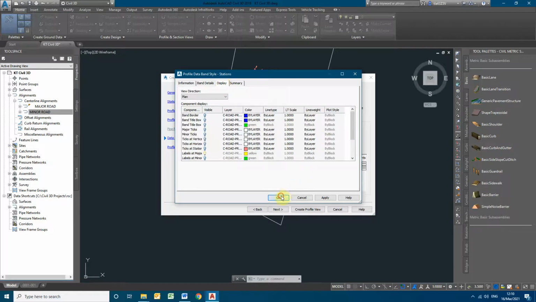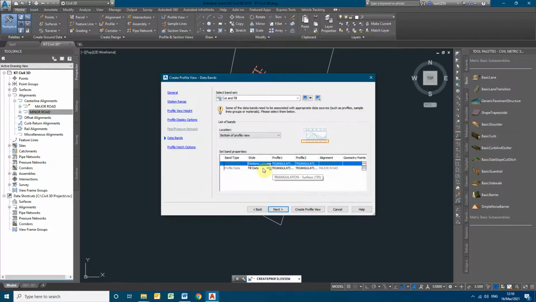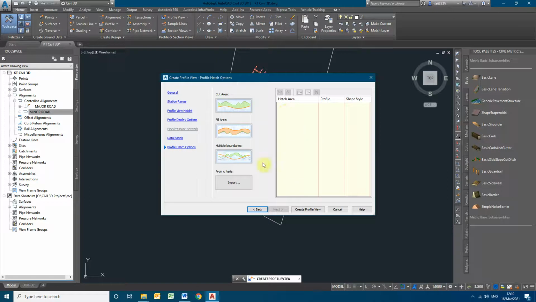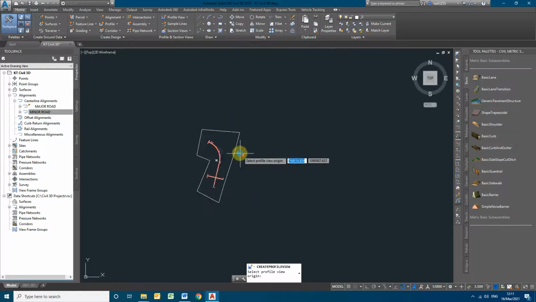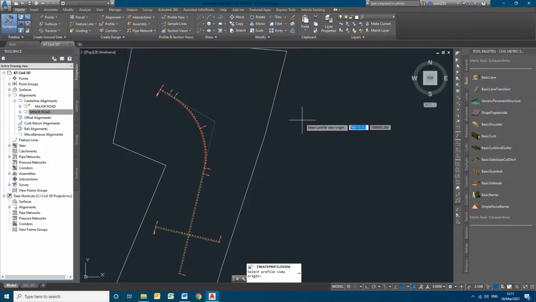Once the profile is done, I will show you how to differentiate for the fill and cut area. So any hatchings if required, I'm not going for any hatches. So now clicking on the create profile view, it will ask to select the location where you want to place the vertical schematic.